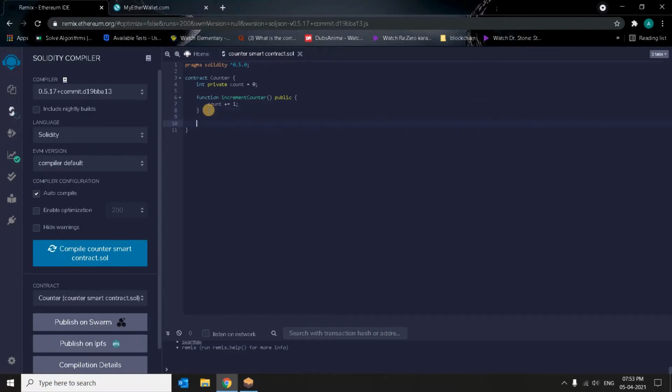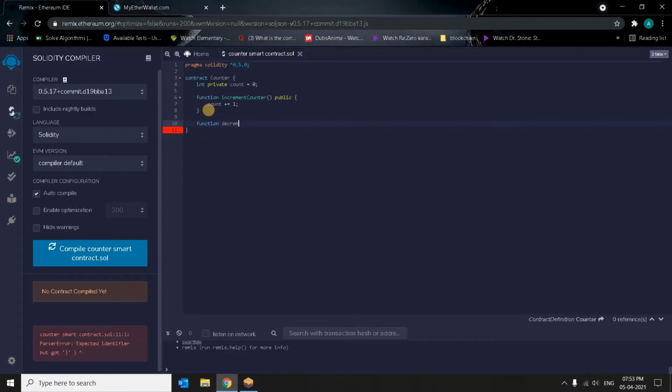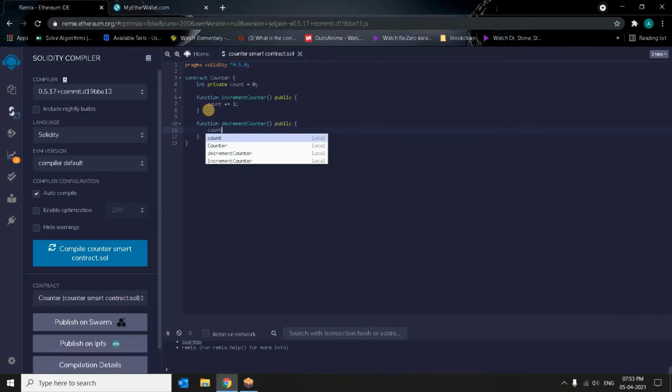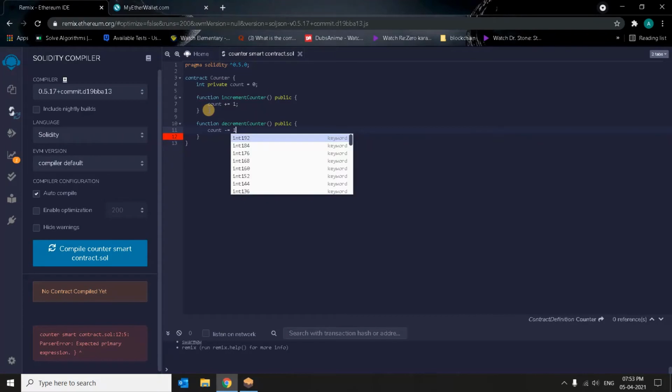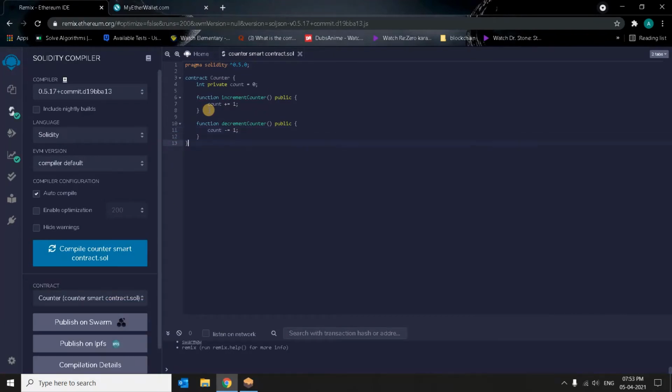Now let's do it for decrement. So function decrement counter. Again, it's public. Now inside that, count minus equals 1. Now after this, we need to use get count in order to display the count.